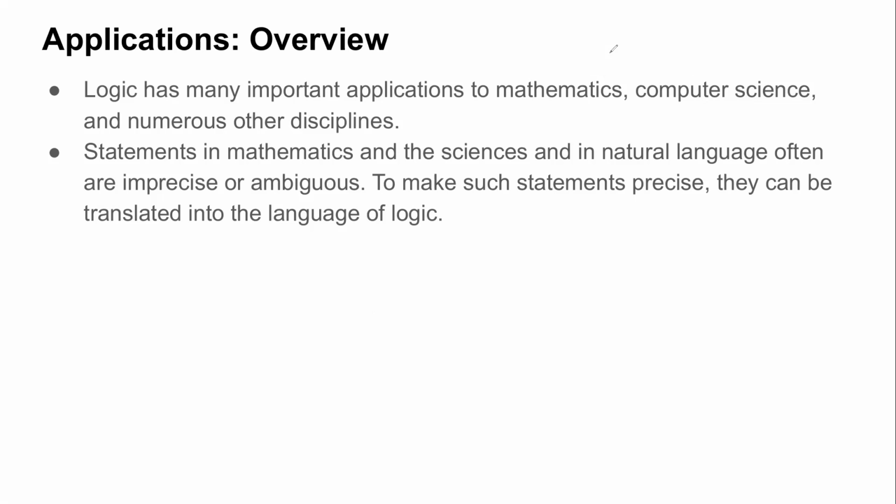So whenever you need to make precise statements where there is no ambiguity, such statements are normally changed into the language of logic. That means they are written in terms of propositional or predicate statements, wherein you can exactly do the various operations: conjunction, disjunction, complement or implication. So wherever there is ambiguity in any language or statements, one of the best methods suggested to make them more precise is to translate them into logic language.